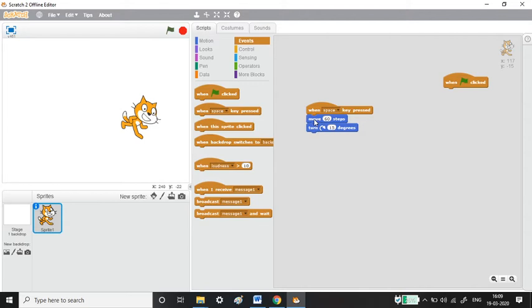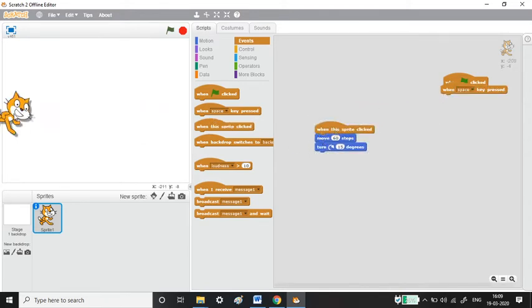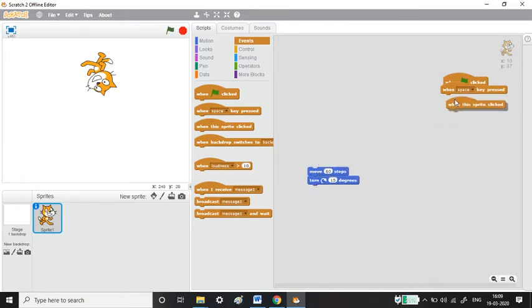You can also do it this way. You can have the sprite here, and you have written the code: when you click the sprite, it should perform 60 steps and turn 15 degrees. This is the task it should perform. If I click the sprite, it should do that. Can you see here, it is moving 60 steps and turning 15 degrees. Got it. I'm just removing it and going back to this.